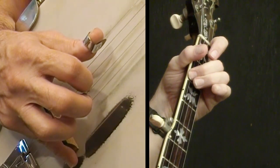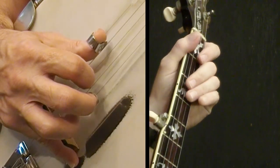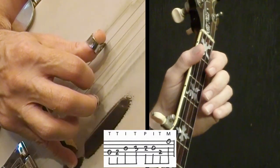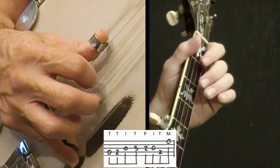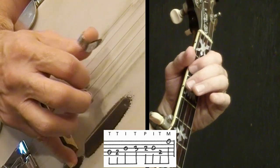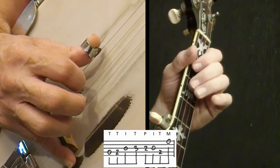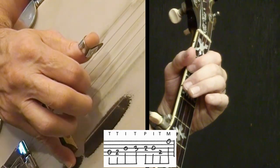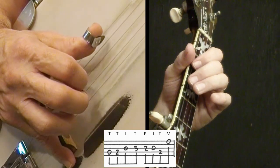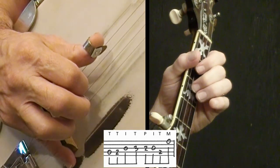Now this next lick is over a D chord, but it's kind of bluesy, and that's the reason I like it. You know, I'm from South Arkansas, so whatever that means. I'm going to use my first finger here, O2. I'm going to double thumb this, so this is one of those double thumb exercises, and then index on the third string. So I'm going O, second fret on the fourth string, open third string, come back in with my